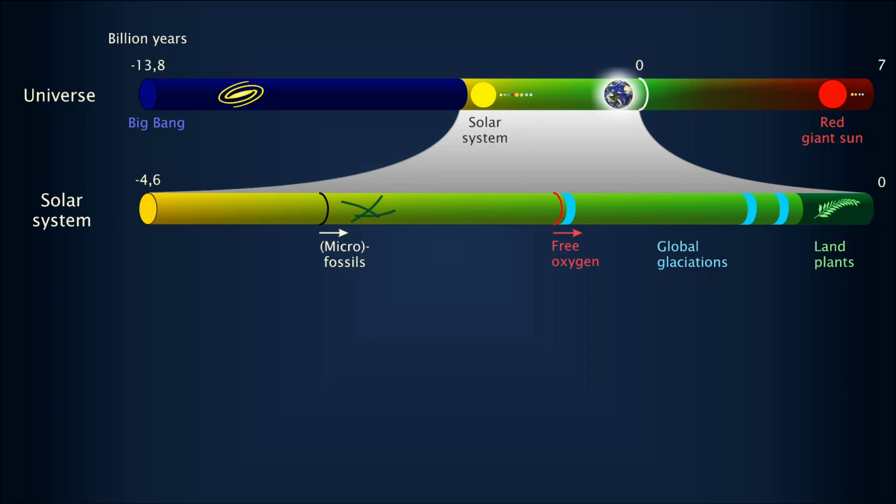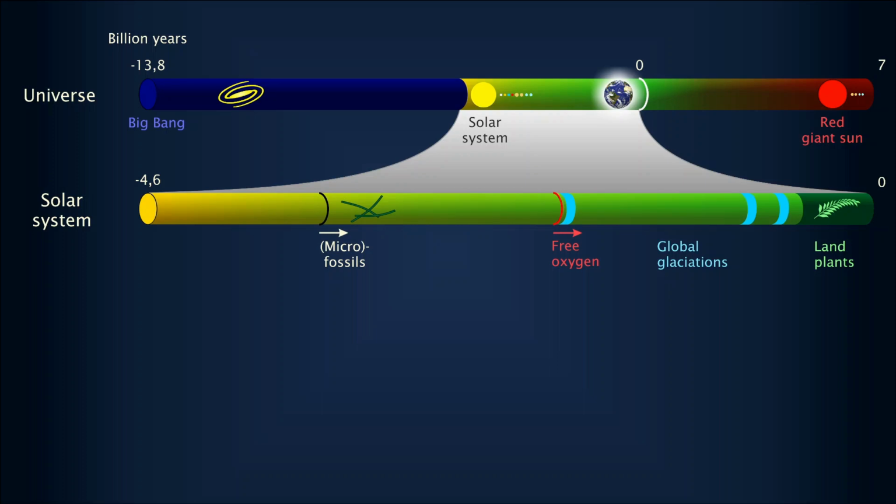And another question which then arises is why the land plants and higher organisms in general, so larger organisms, emerged so late in the history of planet Earth. So the land plants are around about 450 million years ago, and larger organisms in the oceans were around, let's say, 570 million years ago. So pretty late in the history of the Earth.